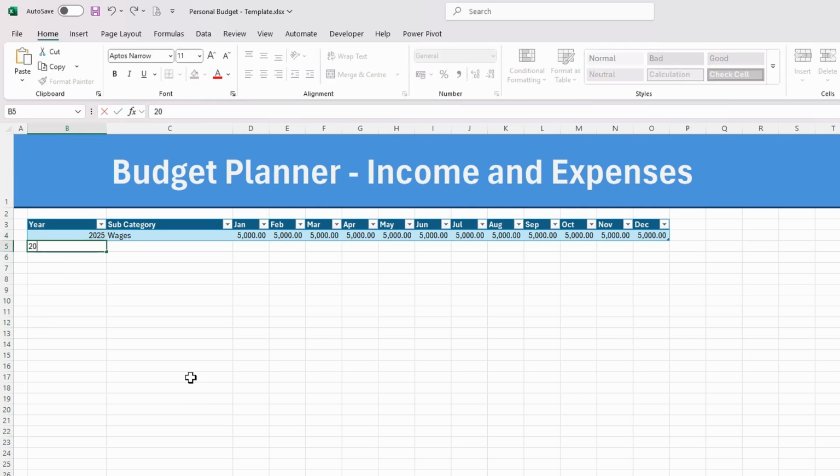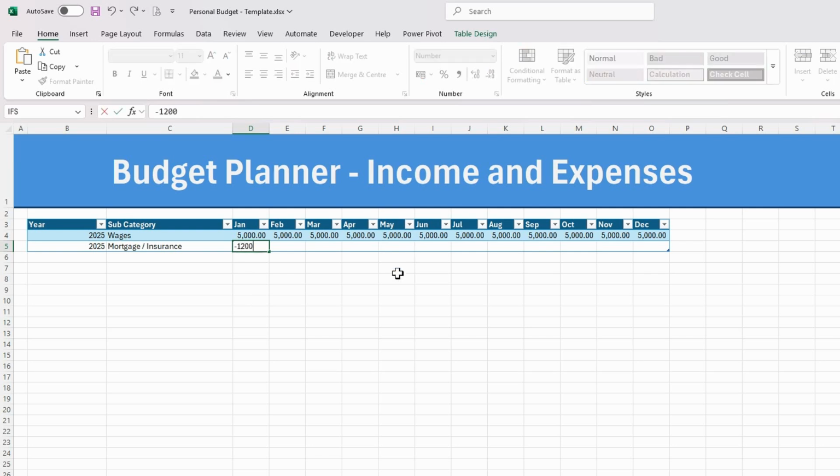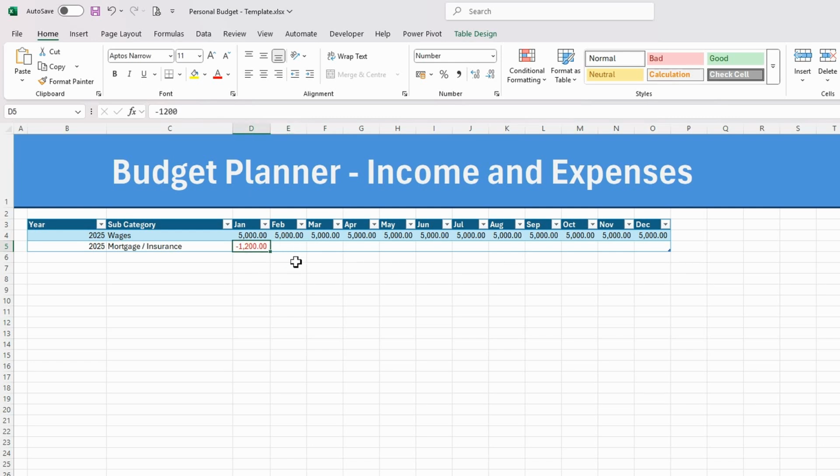So do 2025, and I can select another income. So let's do dividends. In fact, no, let me show you. Let's do mortgage here. So as I said, this would be a minus because it's an expense. So that's an income, and this one is an expense. So therefore, it's going to be a minus. So I'm going to do minus like so, and then just copy that